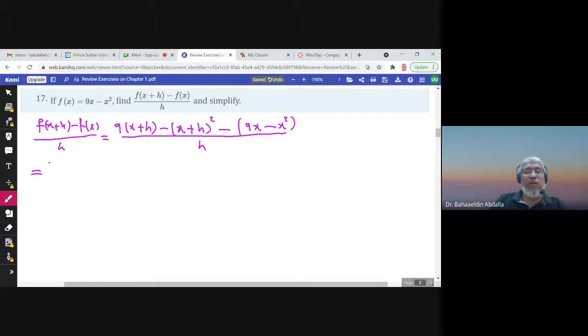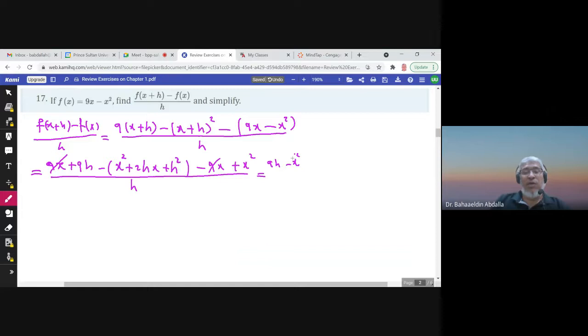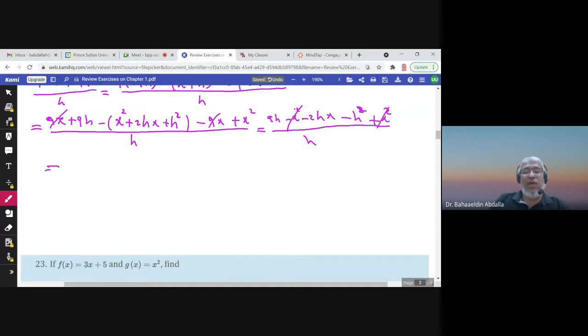Now I have 9x plus 9h expanding, and I have here the square of a binomial, so it's x squared plus 2hx plus h squared, and I have minus 9x plus x to the power 2 when you distribute the negative sign, over h. So I can see that 9x cancels with 9x, and I'll have 9h minus x squared. Now multiply the negative in all the terms, minus 2hx minus h squared, and I have plus x squared over h. I can see that negative x squared cancels with x squared, and I can take h as a common